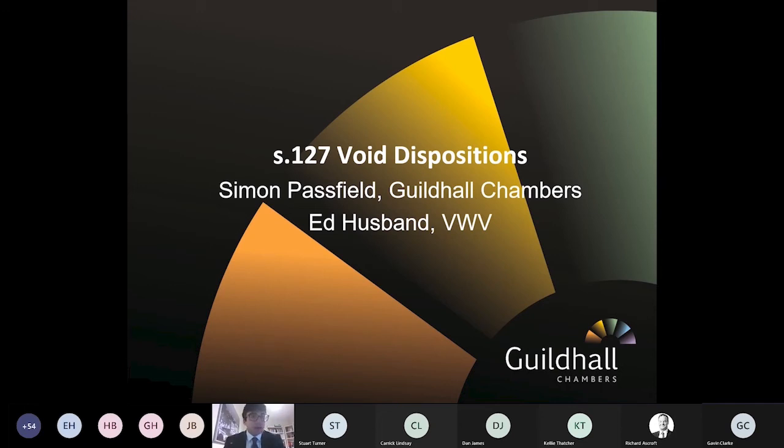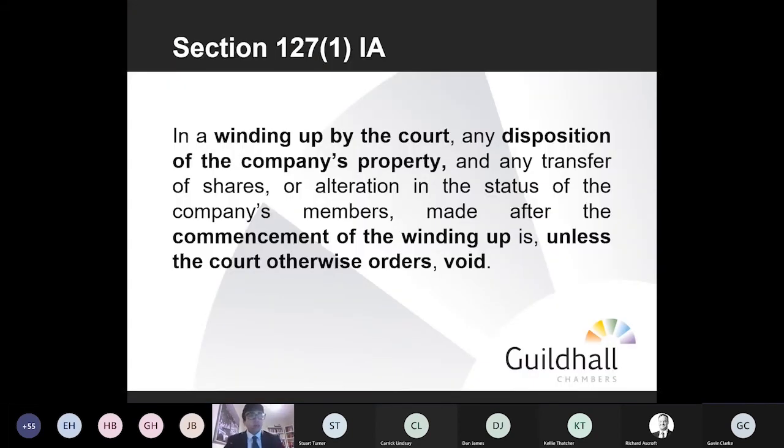With that all said then, I'd like to begin, sensibly, by having a look at the section itself. Pretty straightforward and short provision, but there's a lot of detail hidden within what is quite a short provision. And there are in particular 5 features of the section which I would like to highlight at the outset.